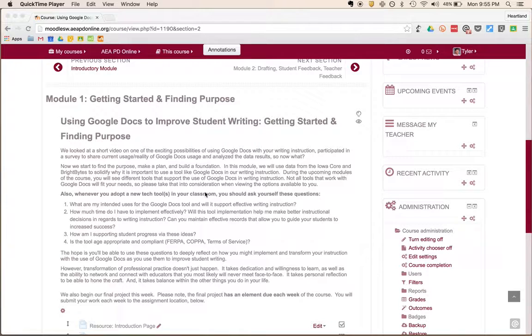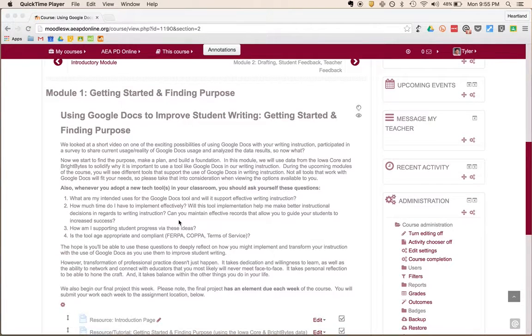The big thing though when we think about Google Docs is, why Google Docs as a vehicle, if you will, for improving student writing? What can Google Docs do for you as the teacher, but also for your students, that paper and pencil can't do, or that Microsoft Word can't do? I know there is Office 365. I know there are ways to write collaboratively online, but I would say in the past 5 years, maybe 10 years, as Google Docs has improved and has evolved,